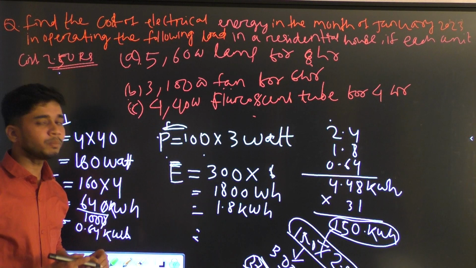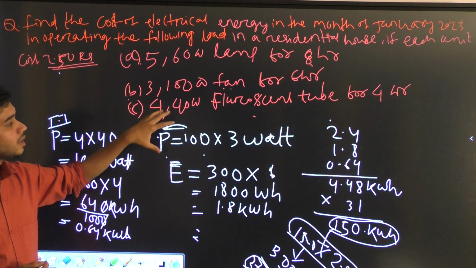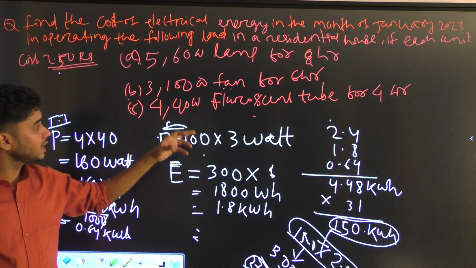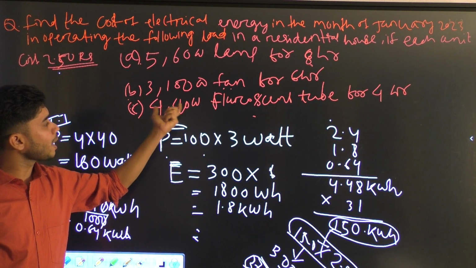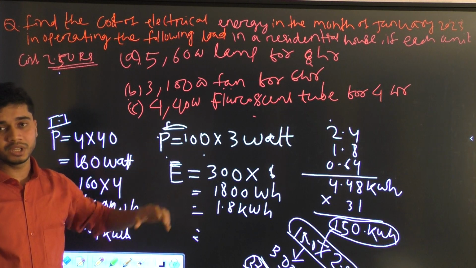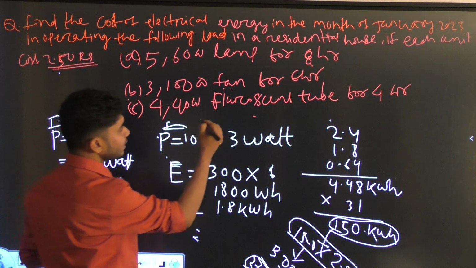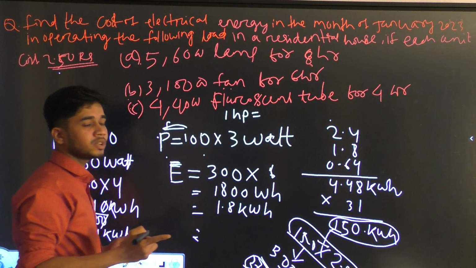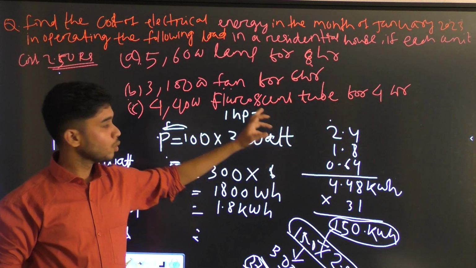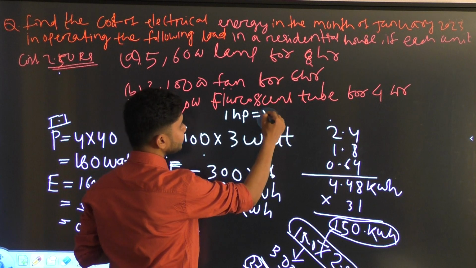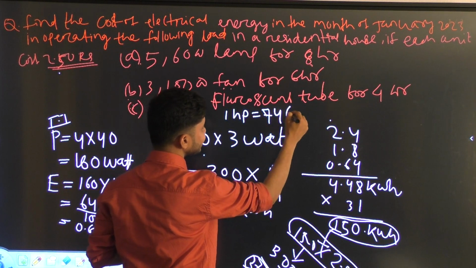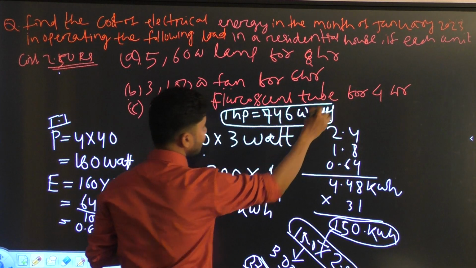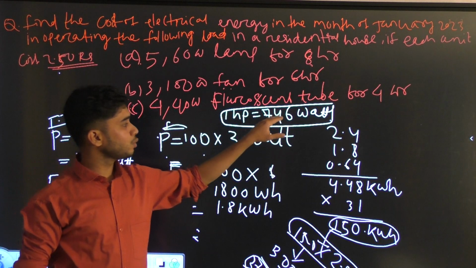Okay, a very important long question. Sometimes what happens in the question, the load is like a motor load. Okay, if in the question it is given motor load, then they do not give you the power rating of the motor, they give it in terms of HP. Like let us consider you have a motor load and the motor is a 1 HP motor, then you should know the conversion from HP to watt. Okay, 1 HP is basically 746 watt. You just need to remember this, 1 horsepower is equal to 746 watt.